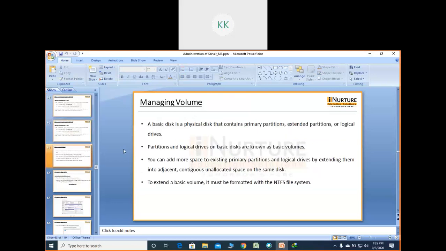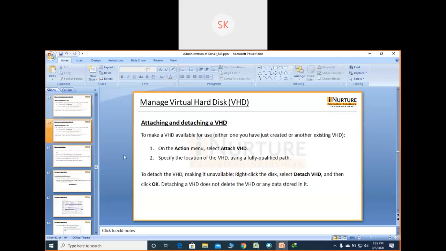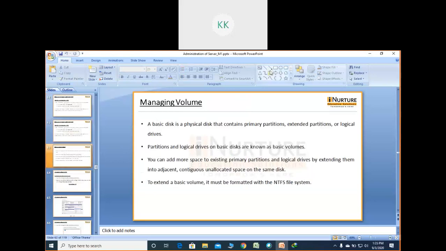This is how we are going to create the virtual hard disk. Next, we go for managing the volumes. What is a volume? We discussed in the last class that when a new hard disk, whether virtual or physical, is connected or attached to the system, it comes as blank. So just before using it, we have to initialize it, then format it, then create some valid partition. And this procedure is called the creation of volumes.